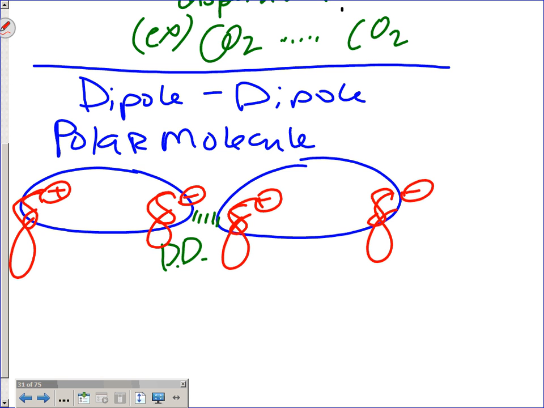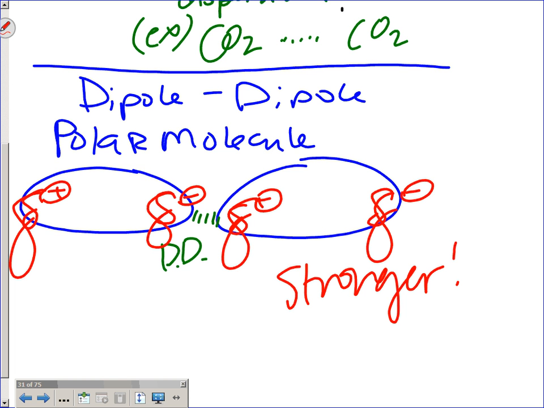So that little S thing is almost a figure 8. So their attraction is stronger. So it's going to take more energy to pull these two molecules apart, overcome their attraction. You look at carbon dioxide, and it's like vaporizing. This would be something like, let's see here, hydrogen chloride, HCl,